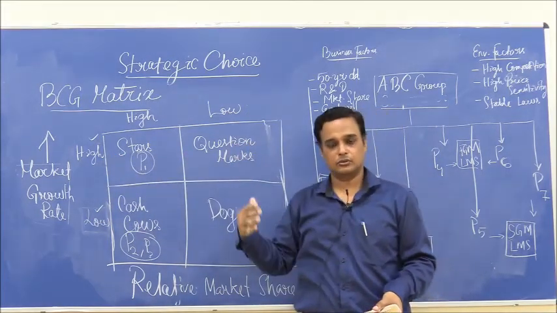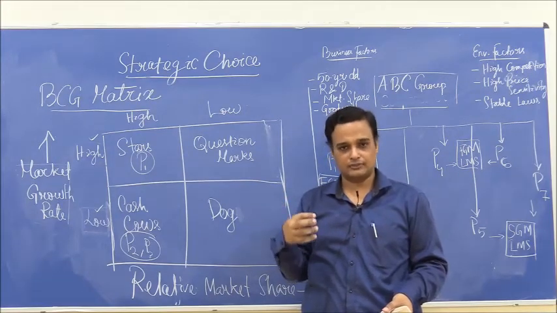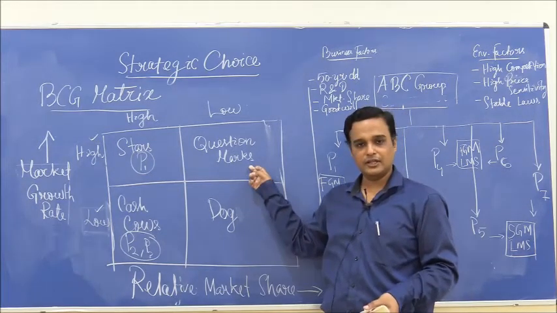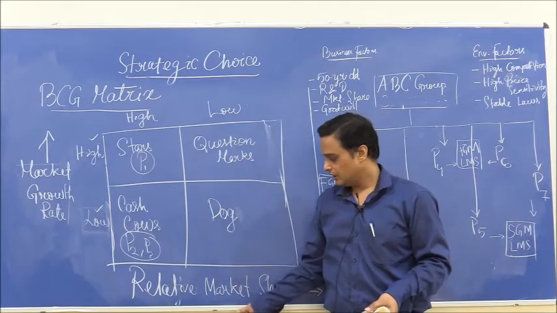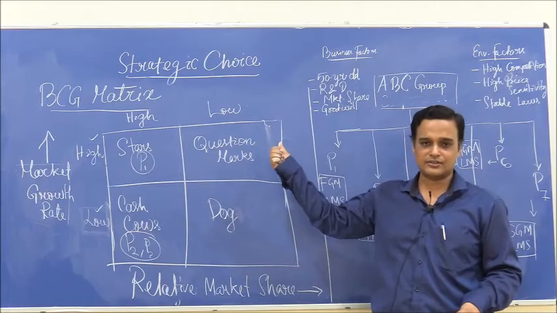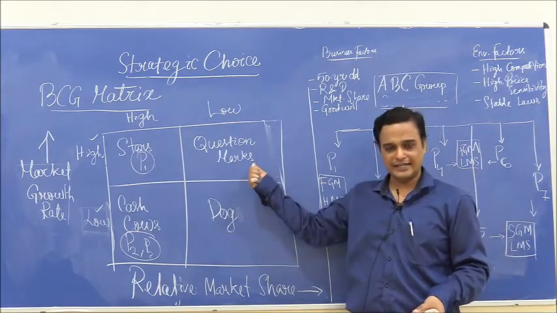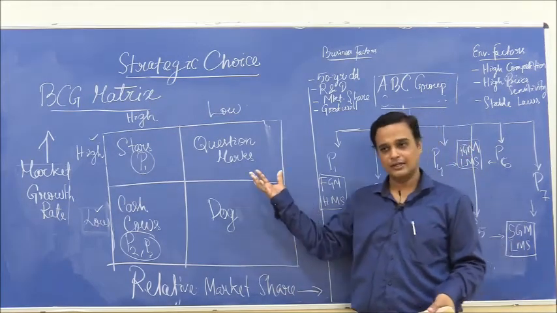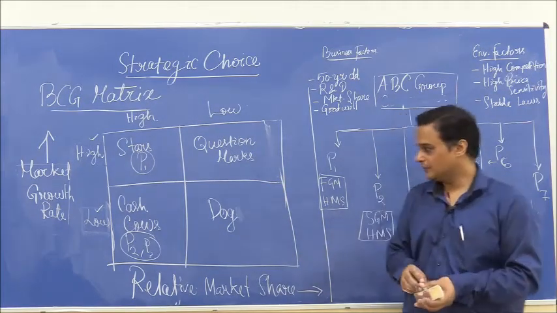The market is growing pretty fast. So, you wanted a chunk out of this market also, you wanted to create your own market share. In that case also, you'll find your SBU in this box. In such a market, your own relative market share is low. There could be two reasons, as I said. You could be a late entrant or a new entrant to this fast growing market, or you have maxed out, your product has declined.